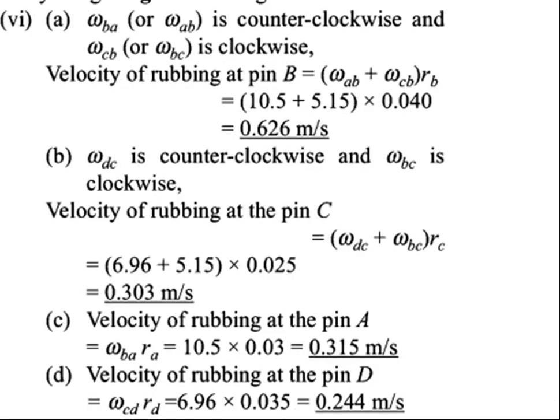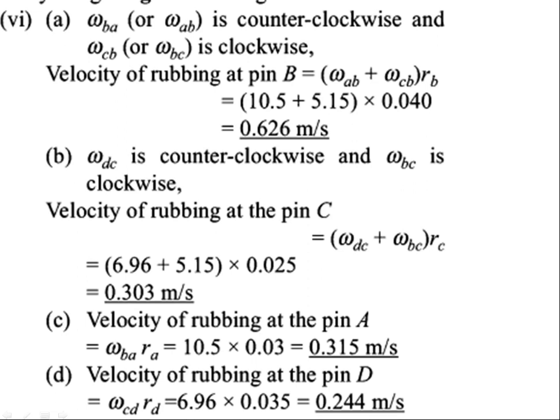So the main thing you have to understand is when you connect these links. Now omega BA is counterclockwise and CB is clockwise, you are saying. Point B is connected such that it is connected from AB and also from CB, so two links are connected. That's why we are taking two things. And omega DC is at pin C. Again the combination is from C to D as well as from B to C, so C has two links joined. That's why we are taking two combinations here.